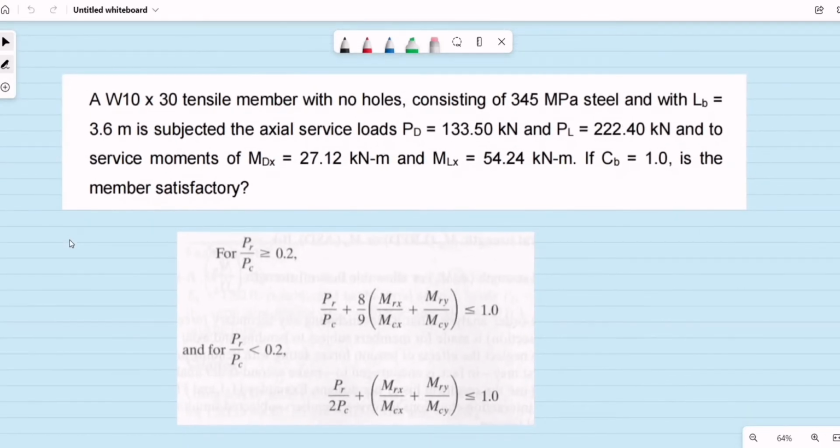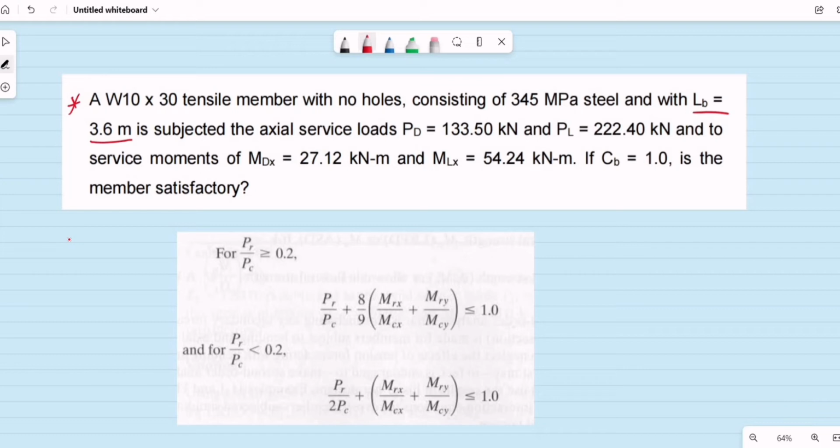Okay, good day. So let's have another example for steel members that are subjected to both bending and axial tension. For this example, a W10 by 30 tensile member with no holes, consisting of 345 megapascal steel with L sub B, or that is the unbraced length, of 3.6 meters, is subjected to the